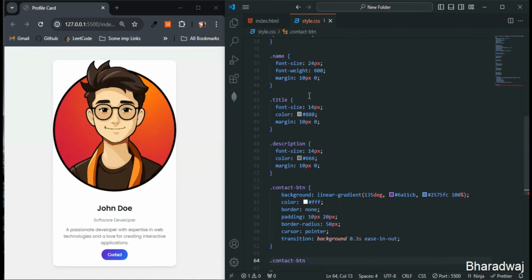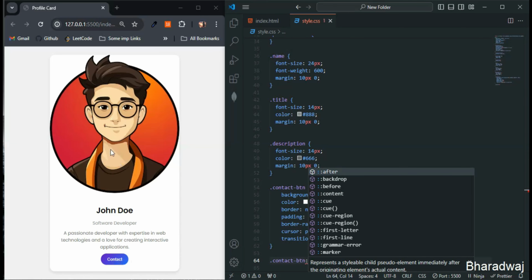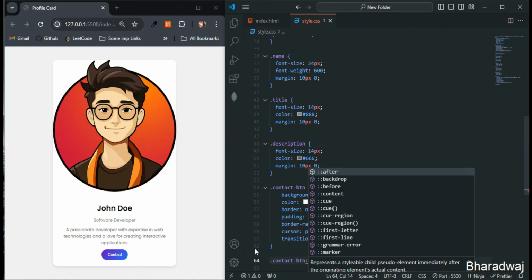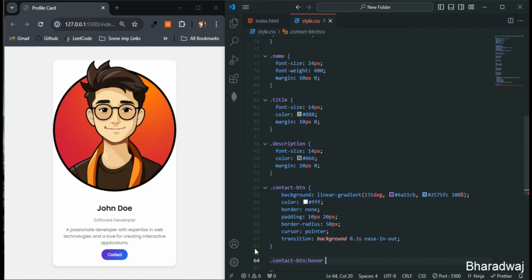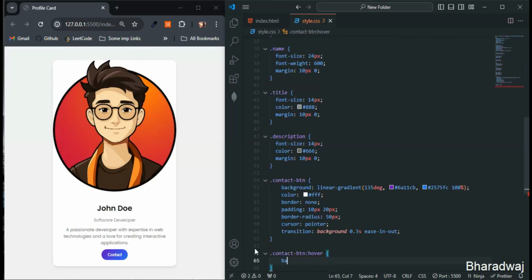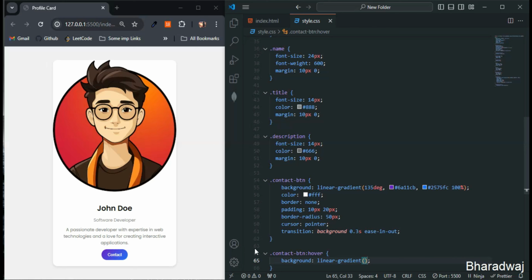Let's style the contact button on hover. So you can see the contact button. This looks good, right? And also the card also looks good. Everything is looking good here. So contact button class, let me give on hover, right? To make use of the hover, background, linear gradient, 135 degree. So let me give